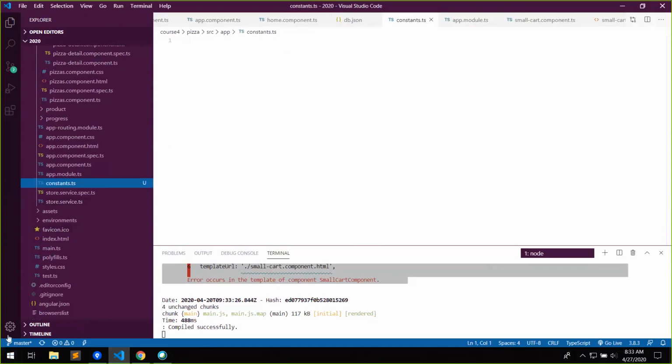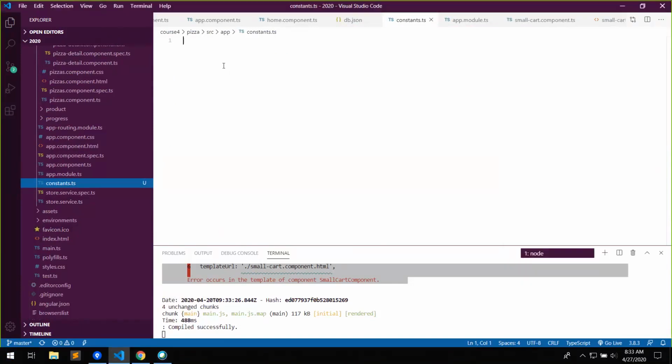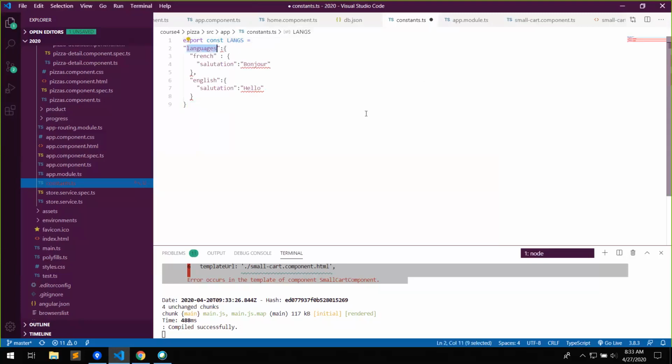So let's make a variable here. Let's say this is export const languages. So the first thing today, we're going to just translate the menu. We're going to have it like this. And I'm thinking that these languages here, we are going to structure them for each component. So for menu, or for each component, we're going to have a translation